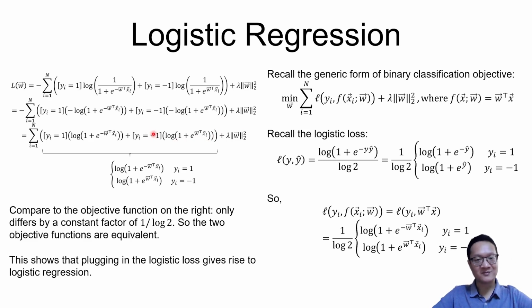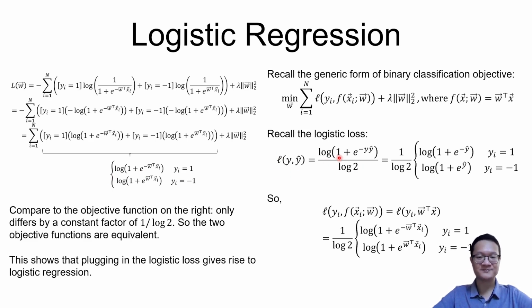So then we made some, I guess, keen observations where w transpose xi looks like y hat. So we're going to replace with that. And then because yi equals 1, when yi equals 1, only the first term appears. And when yi equals minus 1, only the second term appears. This sum can only be one of these possibilities. And that basically allows us to simplify the loss function into log of 1 plus e to the power of